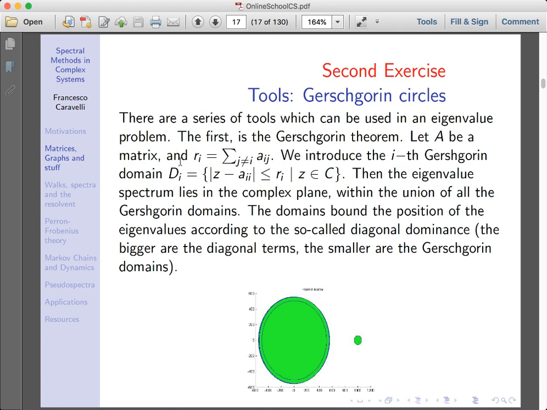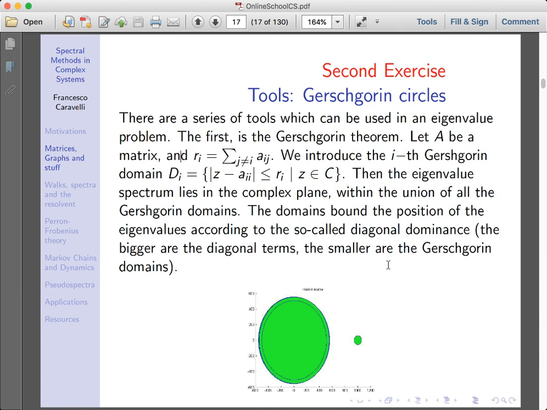Okay, if the matrix is n by n, you're going to have n of these quantities. Then given these quantities Ri, define the domain Di as the circle centered on the diagonal element Aii. So I'm going to have n of these bounded in the complex plane by Ri. So in the complex plane, this is going to give you a bunch of circles. Okay, the union of all the circles is called the